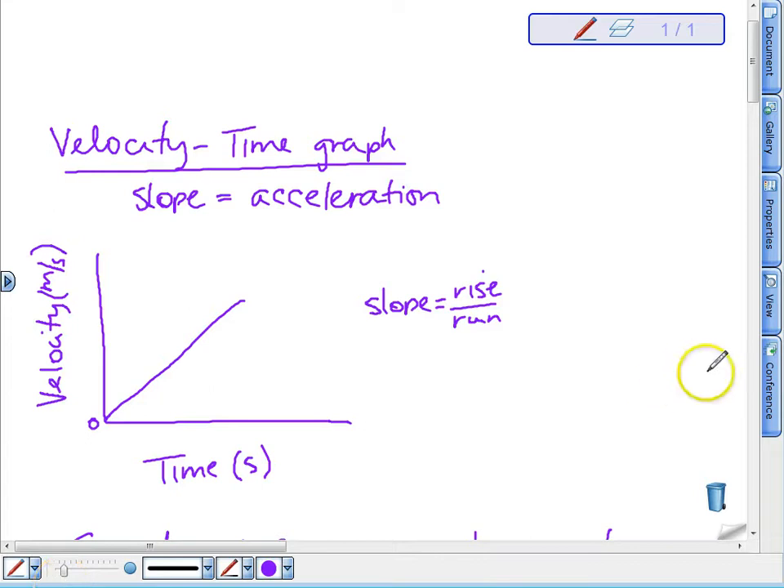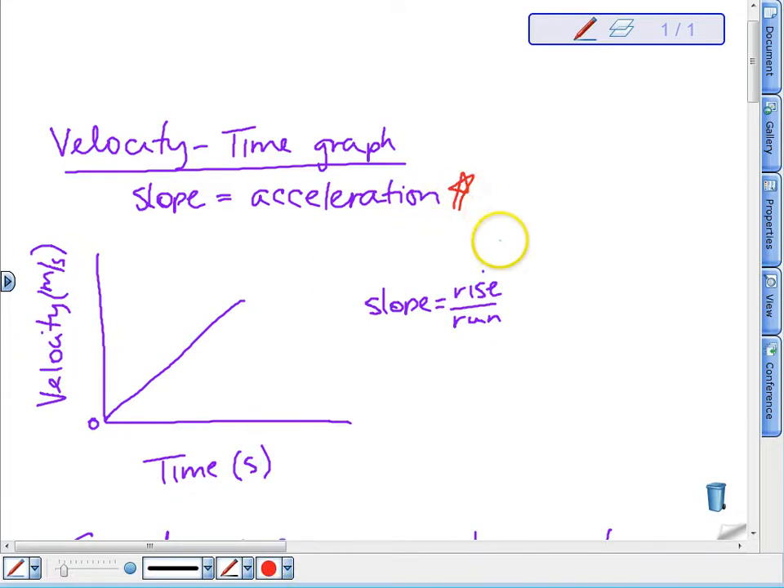Let's talk about velocity time graphs. We've already talked about distance time graphs or position time graphs. Velocity time graphs are going to look very similar, so you're going to have to be careful and look at what's on your y-axis, because a lot of times those two graphs will look similar when you first look at them. But a velocity time graph, the slope of it will give you acceleration